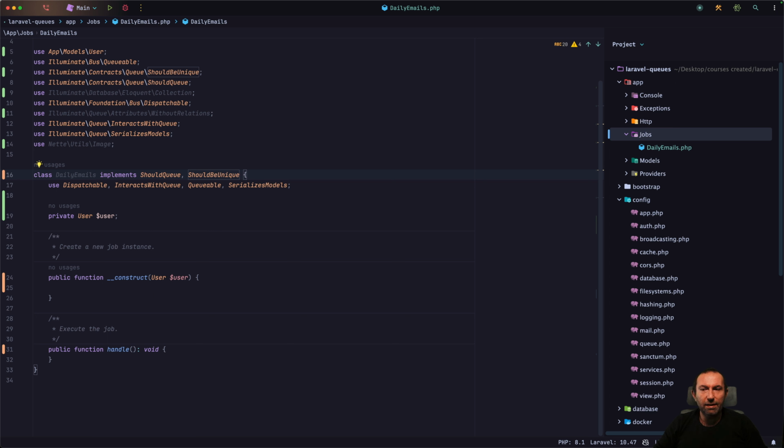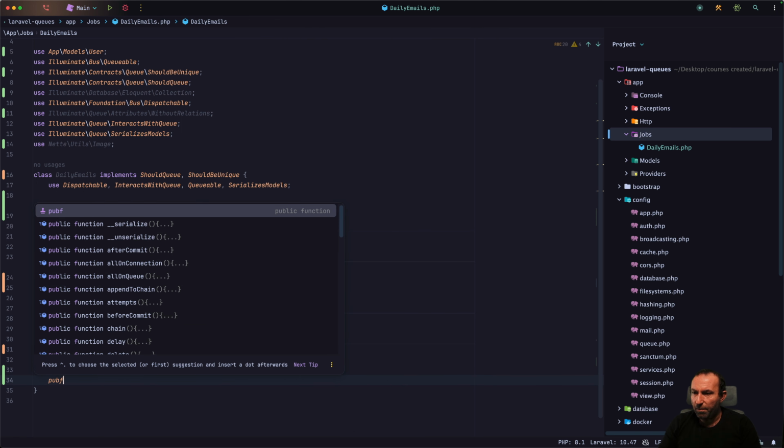So you can send them, but you can enforce that the user only gets one of that daily emails, and there will be no situation that the user gets 2 daily emails. And you can implement that. You will need to add a function here that gives a special unique key for the user. And to give that key, you need to implement a function